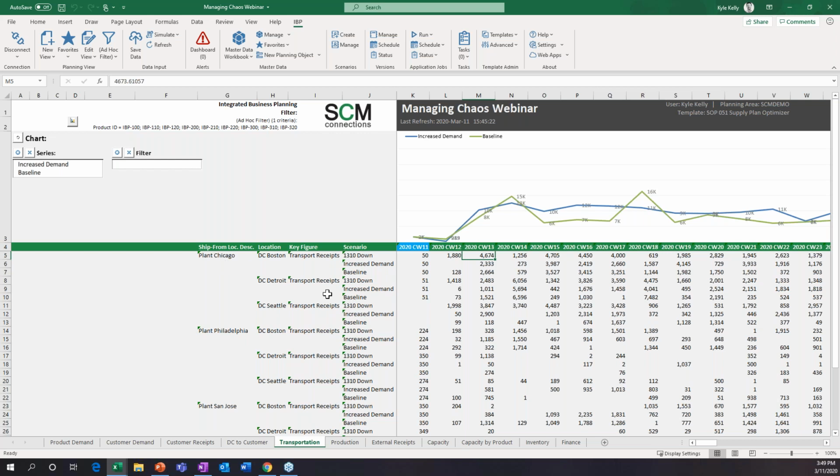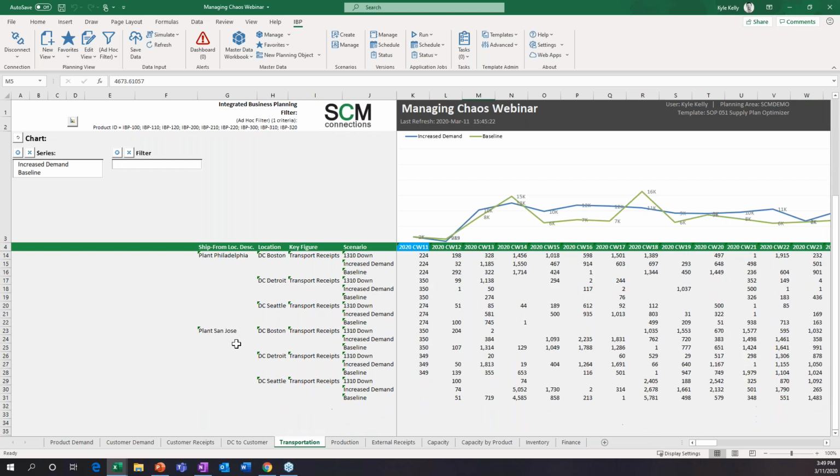So in this case, let's take a look at baseline in 1310. If we look at the San Jose plant and the transport receipts that are coming out of that plant to Boston, let's look at it in calendar week 13 through 17. In the baseline scenario, it's supplying about 5,500 transport receipts. That's across all the products that it's supplying. Well, what happens in the instance where that plant went down? It makes sense then that, here we go, it's only able to provide 2 at the very beginning, and that's probably just because of a little bit of leftover stock.